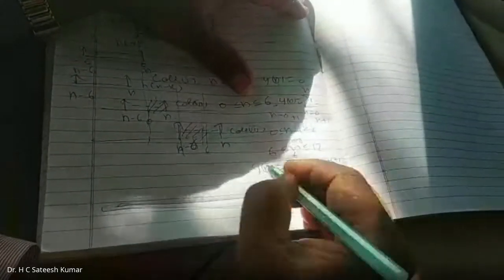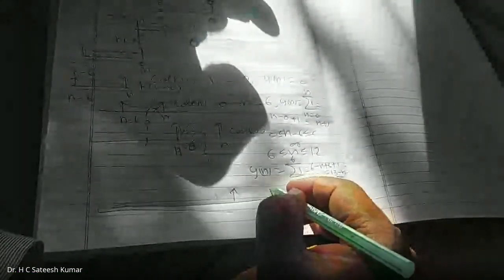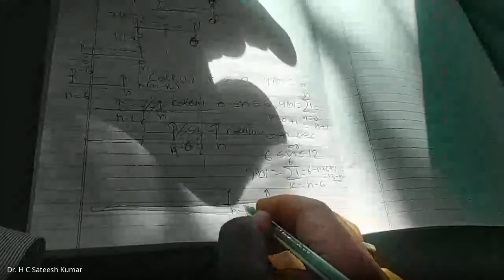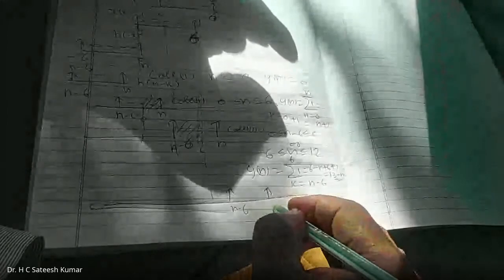Okay, right. The last case is what? The last case is the left edge of the second signal crossing the right edge of the first signal. N minus 6, n, this is 6. 6 is from this first one. Okay, right? Case number 4. Case number 4, n minus 6 is greater than or equal to 6, or n is greater than or equal to 12. Y of n is equal to 0 because there is no overlapping at all. Now you summarize this one. We got all the 4 cases.